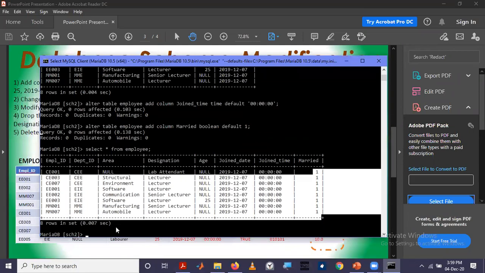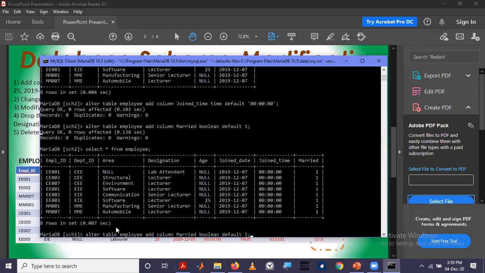If you are familiar, you can use the arrow keys and navigate. What we are going to change here is that the rest is the same, ALTER TABLE, ADD COLUMN. Now the column name is security code.